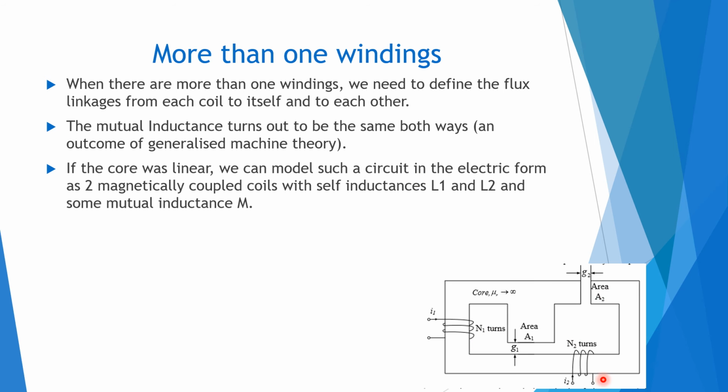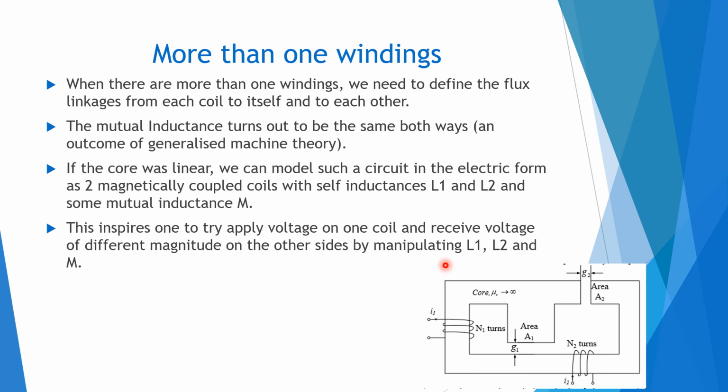But if we assume that the core was linear, we could model such a circuit by saying that this has some self-inductance L1, this has some self-inductance L2, and there is some mutual inductance M. Now, suppose there was no EMF across it, there was some EMF across this. That would set up some flux, and that flux would be changing, which would produce some EMF across this coil,